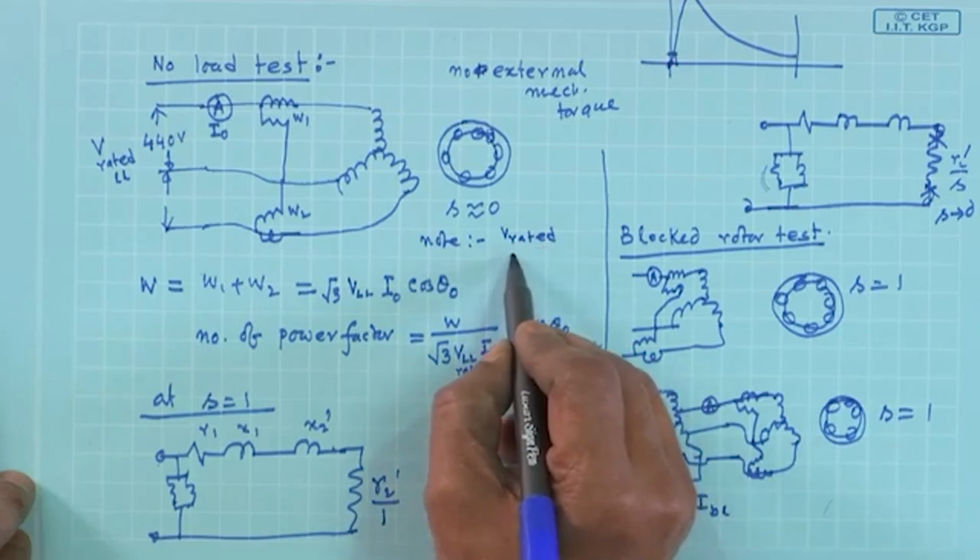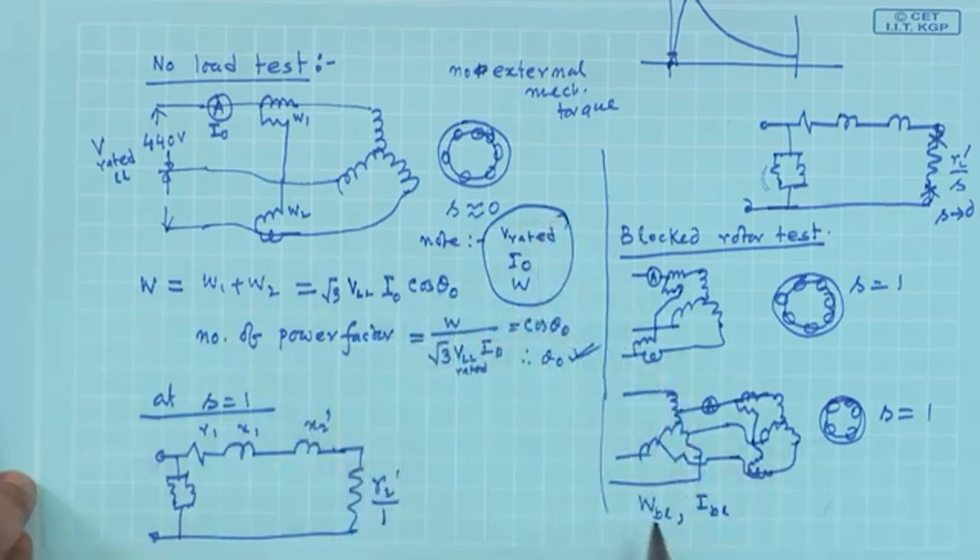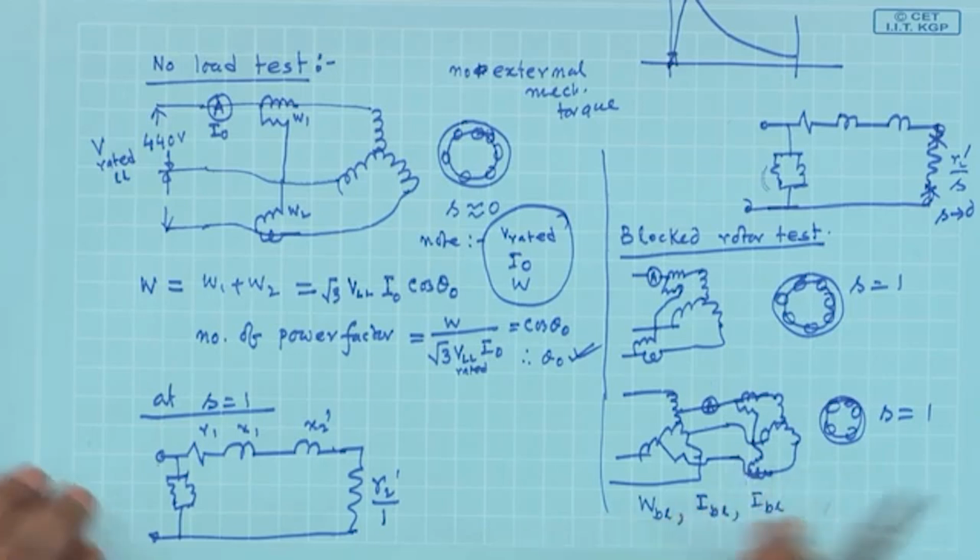Note V rated, I naught and W, these are the three things. Similarly, here also note W total power, note the line current IBL, which is supposed to be the rated current, that much, and the ammeter reading IBL